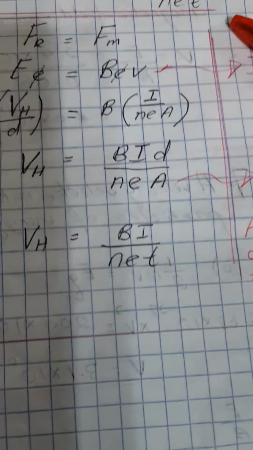They want you to find at what speed the charged particles will pass through the selector. The key word in your question, please highlight, is undeflected. Class, what is undeflected? Undeflected means your magnetic force and your electric force are the same. So when that happens, the speed of the charge carriers equals E over B. E is given to you, B is given to you, so straight away you just substitute.